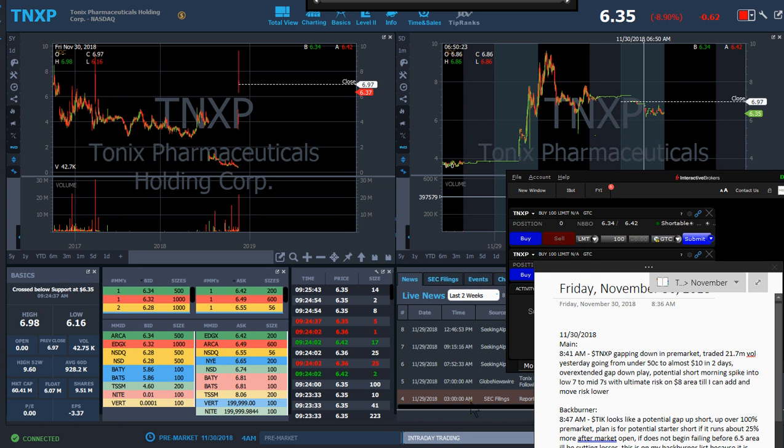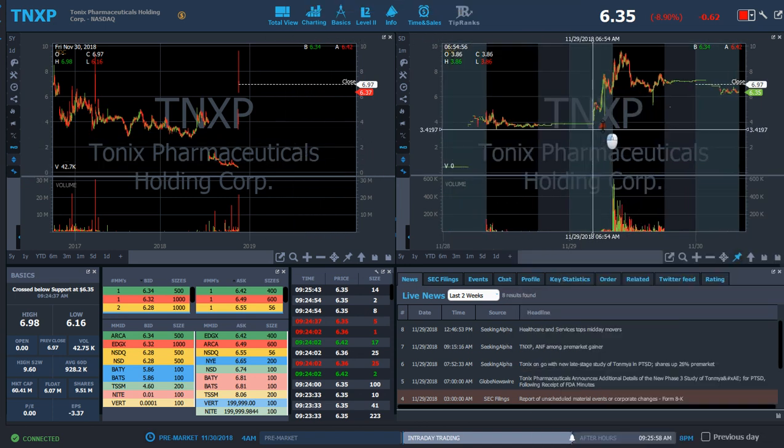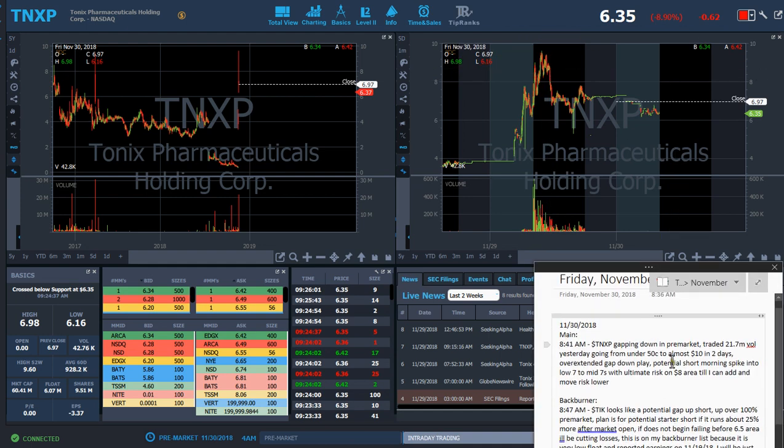So upon further inspection, I realized that TNXP is actually a reverse split. So it didn't go from 50 cents to almost $10 in 2 days, but it did get a nice run going yesterday, and it still set that heavy volume resistance. So it is still a potential short into the low to mid sevens, but I'm going to take this out of my plan because it traded 21 million volume yesterday,